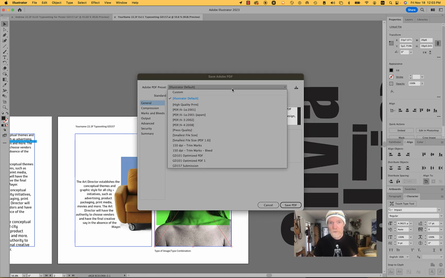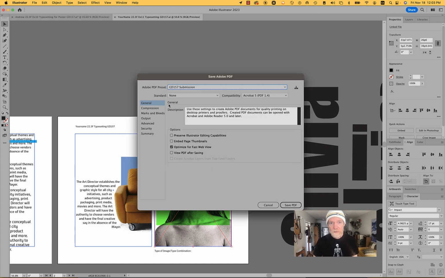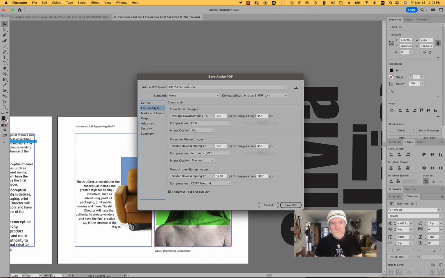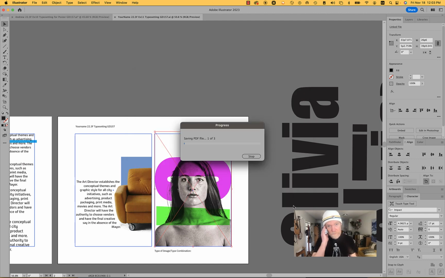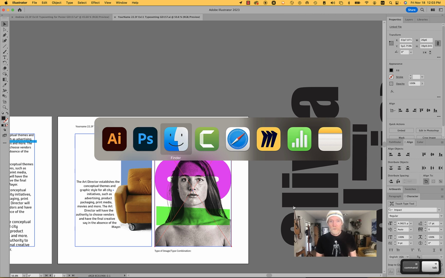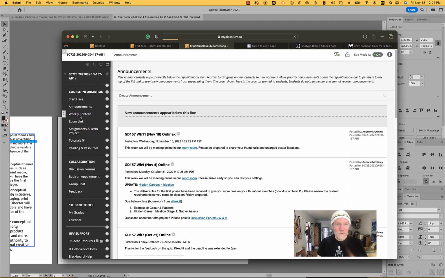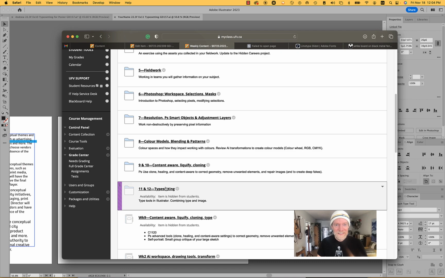And here you can use the GD157 submission. If you find the image is still too large, you can actually reduce this to 150. And just make sure that you leave the image quality as high so I can see what you did. And go ahead and save it. And you're going to upload this to weekly content, typesetting,